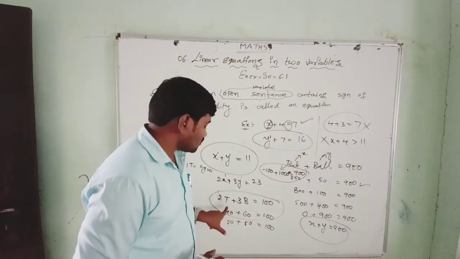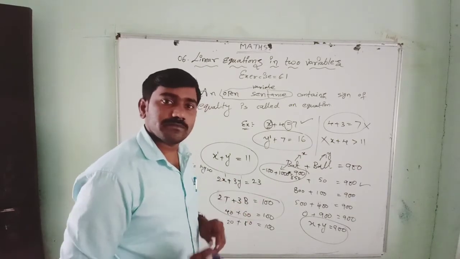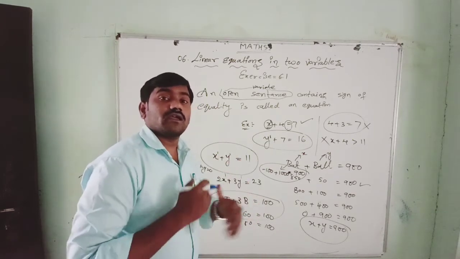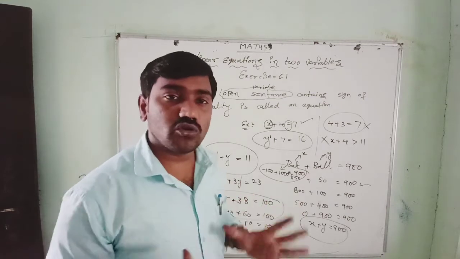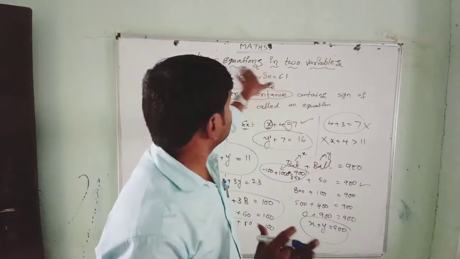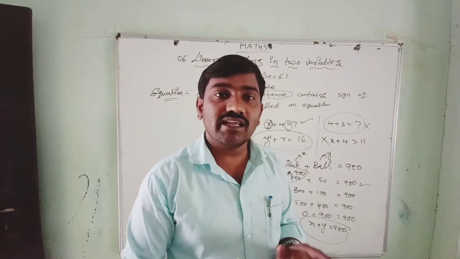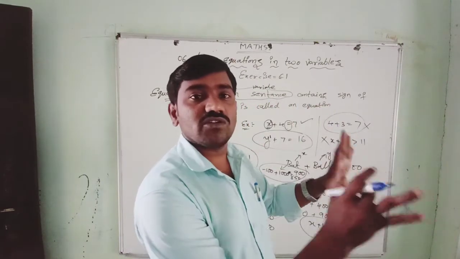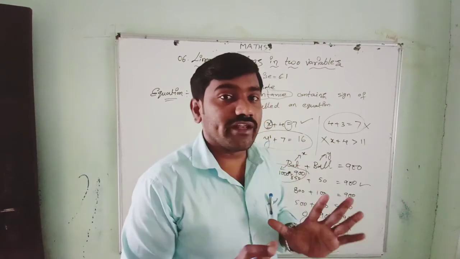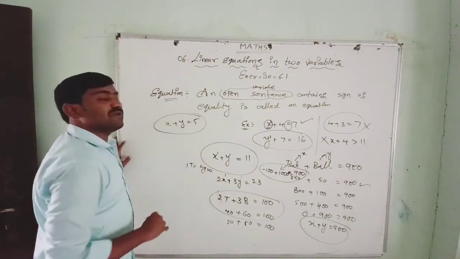In that way, suppose tomatoes are free and brinjals are 100 rupees for 3 kg. So in this way we get infinitely many solutions. I would like to tell you only one thing: a linear equation in two variables has infinitely many solutions. We cannot say that only this is the solution for a linear equation in two variables. No, not like that.